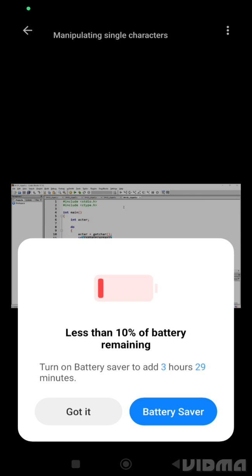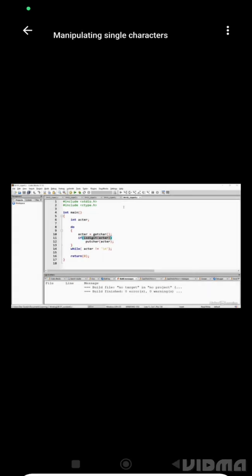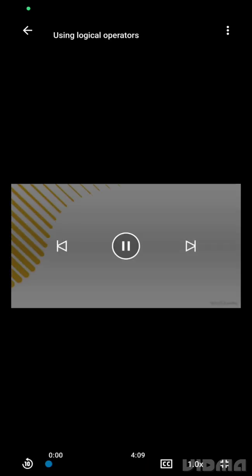Remember, the ctype header file has many character testing and conversion functions and macros. They can greatly assist you as you work with characters in your code. The C language